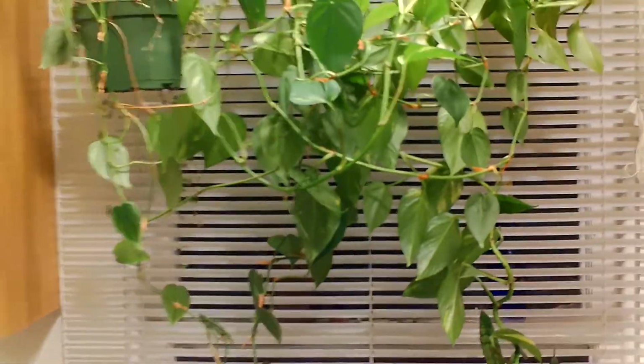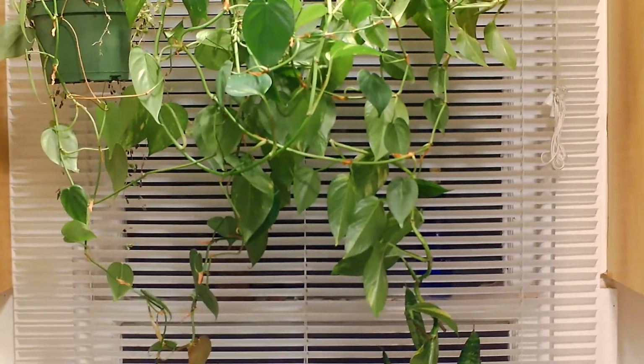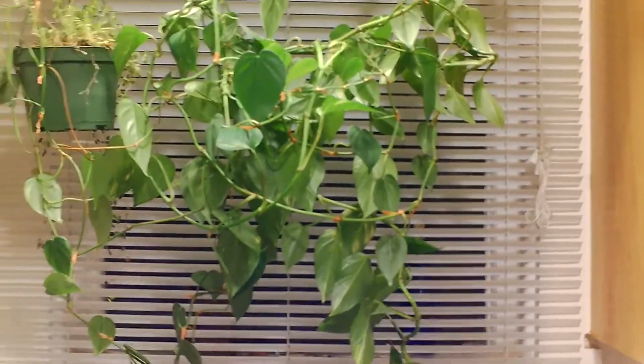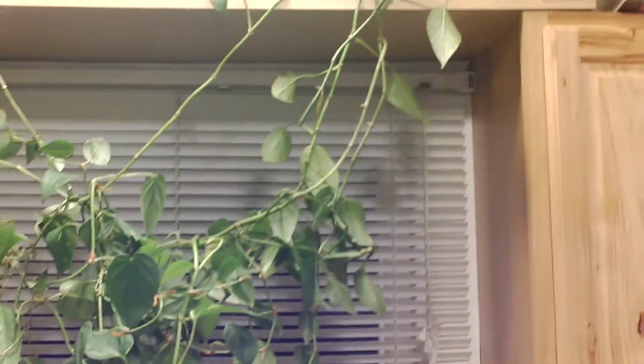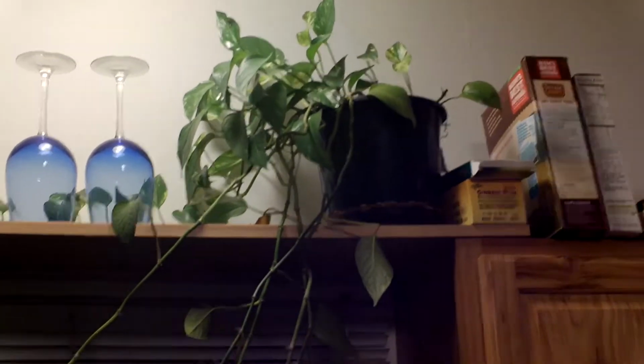Up on my shelf in my kitchen, I have that philodendron that I've taken cuttings from. You can see how I've just kind of matted it all together. It is not an attractive display. Like I said, I'm not the best at making things look good. So someday I probably will be. Not today. Right now it's knotted up with this golden pothos here,